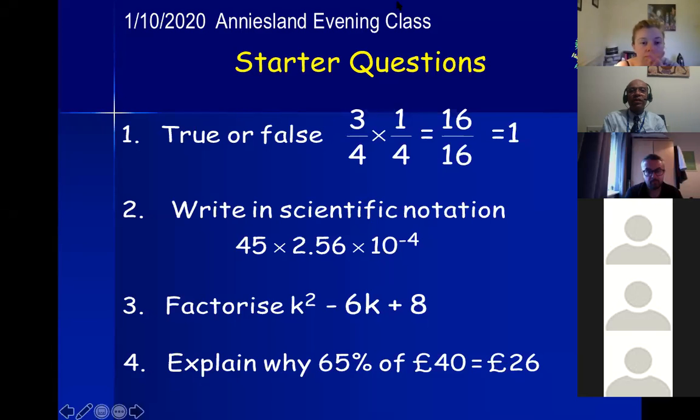Starter question is here. So you've got 1, 2, 3, 4. The first statement is you've been asked to say if this is a true or false statement. Whenever you've got 3/4 times a quarter, is that equal to 16/16? No. No. Okay, so